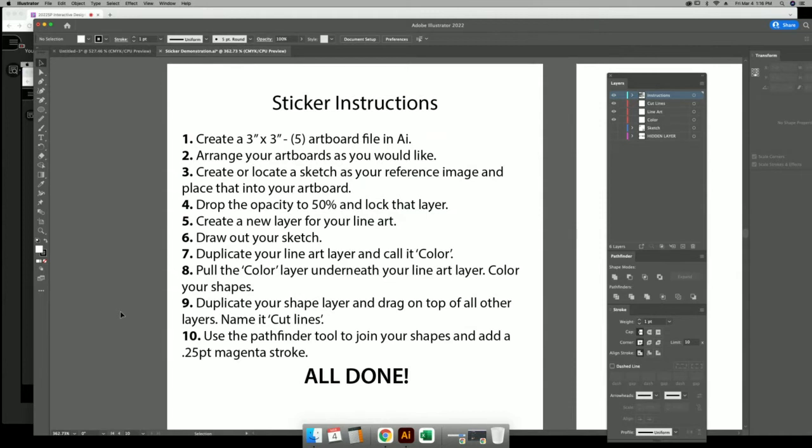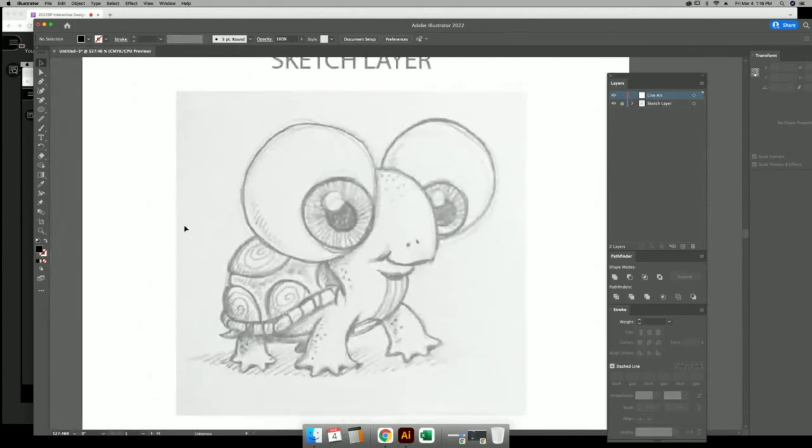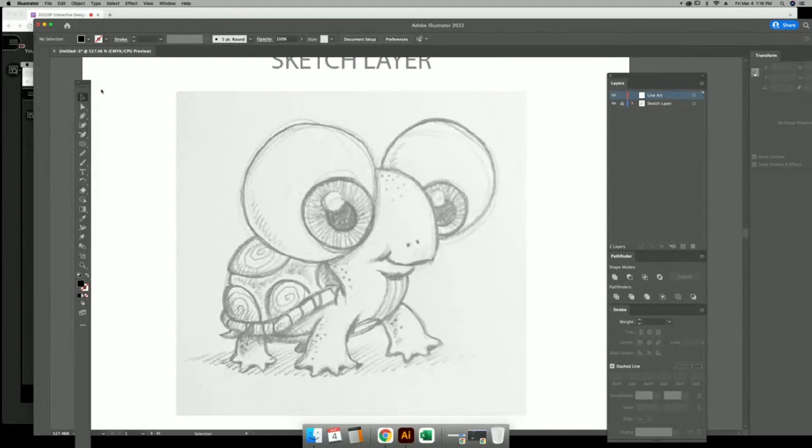And the directions, these are just basic directions. I may have to move away from these at some point to get my thing done, but it's the main thing. All right, so I've got my little guy. He's a turtle. First thing I'm going to do is some basic shapes to start his eyes. On my toolbar right here,